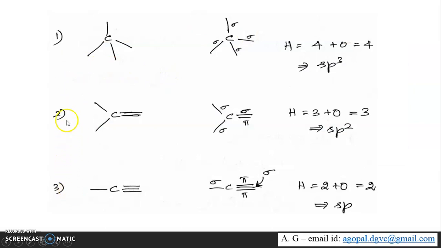Okay, here I have given a few examples. See the first example. Suppose a carbon atom is attached with 4 single bonds, what should be the hybridization of the central atom? You know very well, single bonds are always sigma bonds. If you have a multiple bond, it has one sigma bond and the remaining bonds are pi bonds. So here we have 4 single bonds. All single bonds are sigma bonds. Therefore H is equal to number of sigma bonds 4, and there is no lone pair on the central atom, so number of lone pairs is 0. So 4 plus 0 is 4. Therefore the hybridization is sp3.